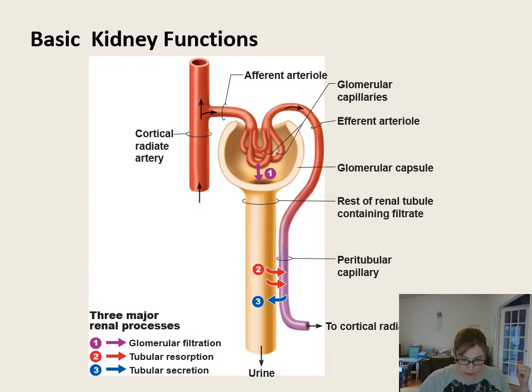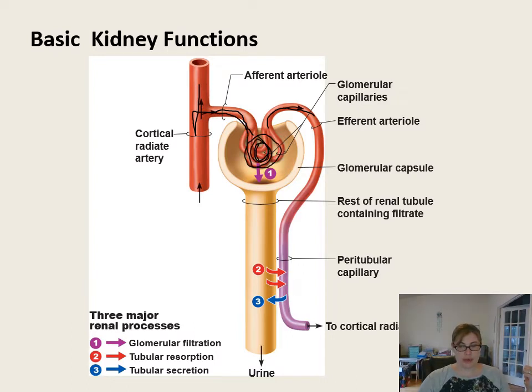So I'm going to get my little writing thing here. All right, so we have all our blood flow coming in from the renal artery and branching and branching and branching. Ultimately, our last branch before we enter into the nephron is this cortical radiate artery and then branching into this afferent arteriole. Remember, afferent means toward and efferent means away. So we have our afferent arteriole bringing blood into this glomerulus,